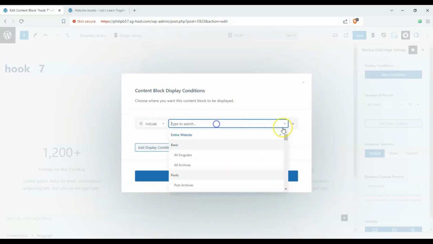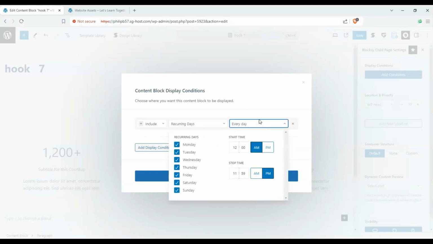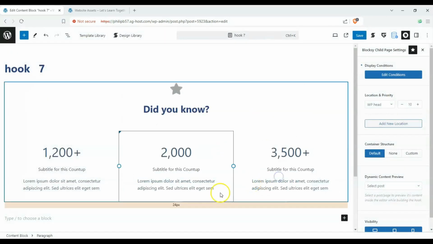Alternatively, we could select it on recurring days. So we can have it happen every day, or we can have it on Mondays, Tuesdays, Wednesdays, Thursdays, Fridays, Saturdays, Sundays, so on and so forth at a certain date and time, right? So let's just have it like this. Mondays, Wednesdays, Fridays, and Sundays from midnight to midnight. Save the conditions, save our options here,